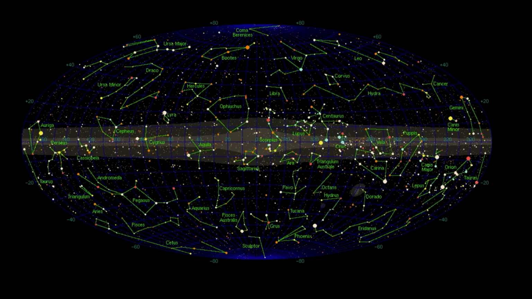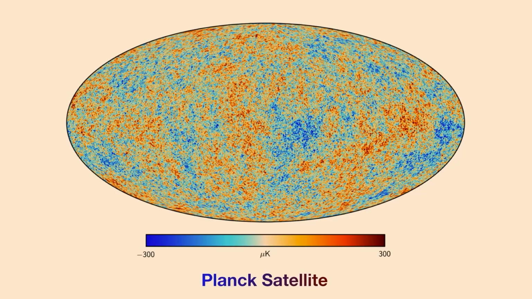I'm showing a projection of some of the things that we can see in the night sky in what are called galactic coordinates. The plane of our galaxy is shown along the centre of the image that you can see here. On exactly the same projection, I'm going to show you what the cosmic microwave background looks like, which I described in quite a bit of detail in the first lecture in this series on cosmic revolutions. That was the lecture called Early Universe.